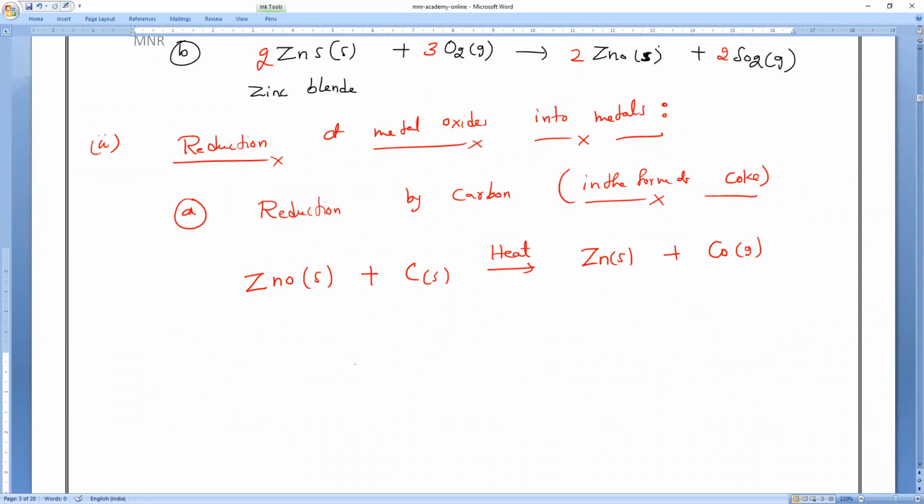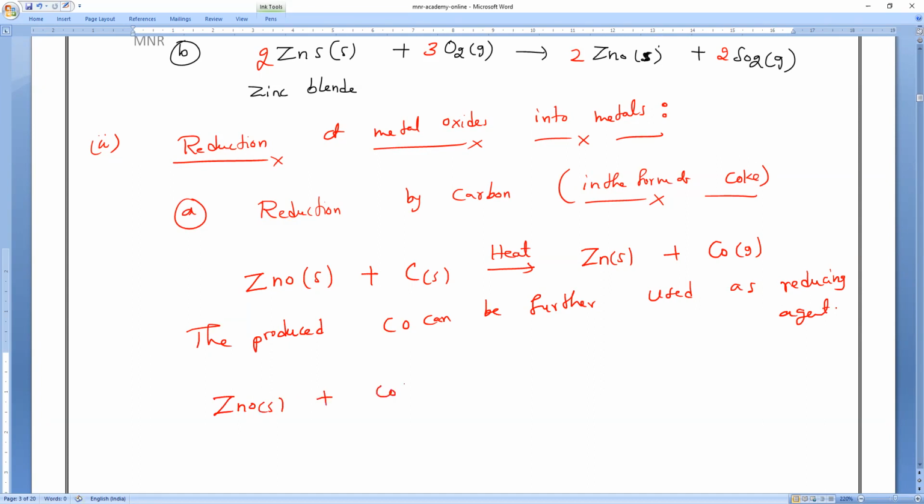Now this carbon monoxide produced can be further used as a reducing agent, because carbon monoxide is very dangerous. Am I right or wrong? So again, zinc oxide with carbon monoxide gas, if you start heating, we will get pure zinc plus